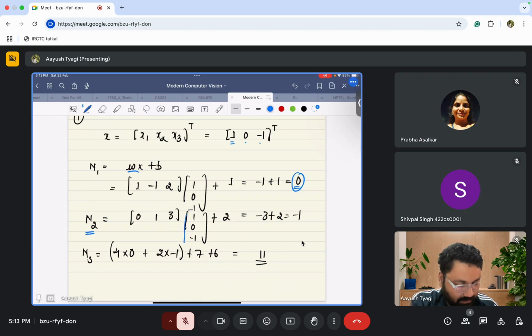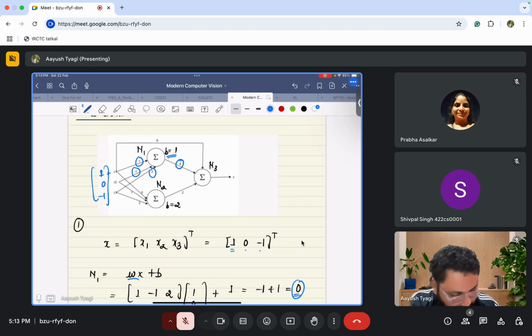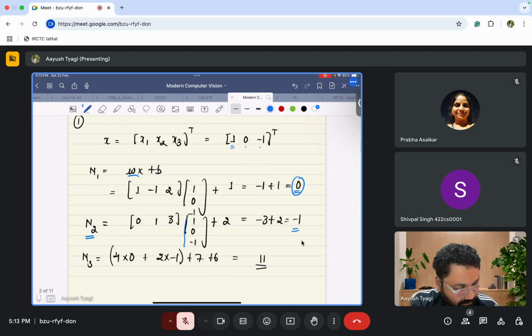If you do the multiplication with the input, it turns out to be minus 1. n3 has weights 4 and 2, and the inputs coming into n3 are 0 and minus 1, so 4 into 0, 2 into minus 1,